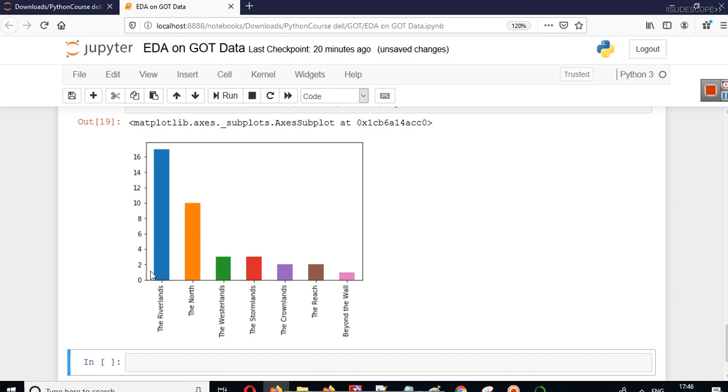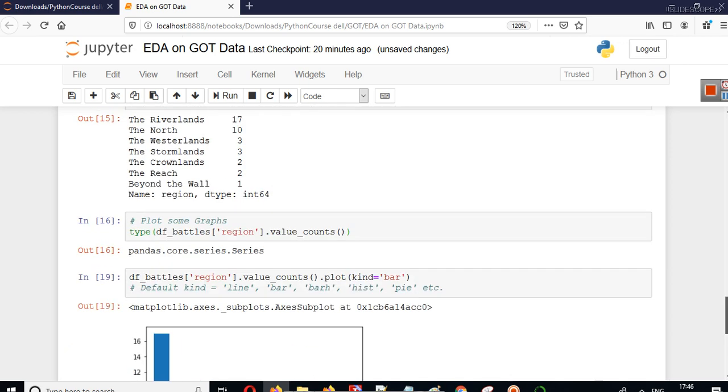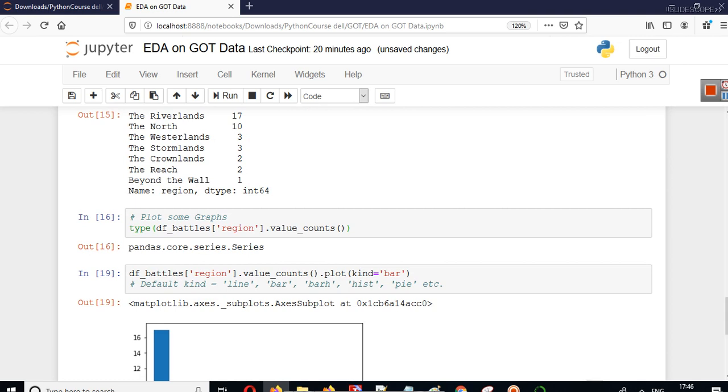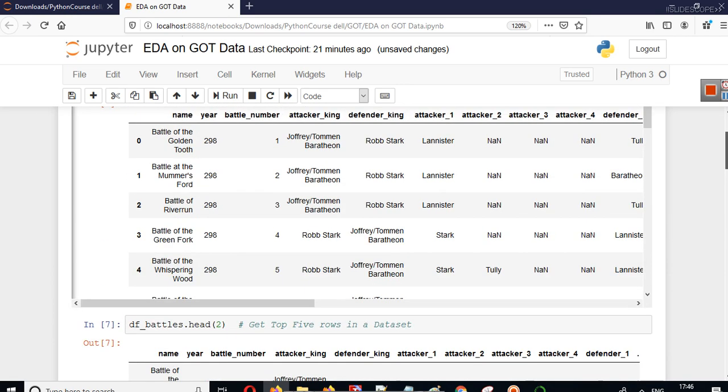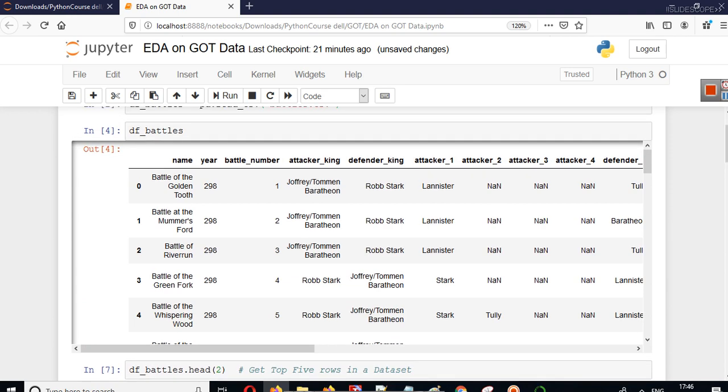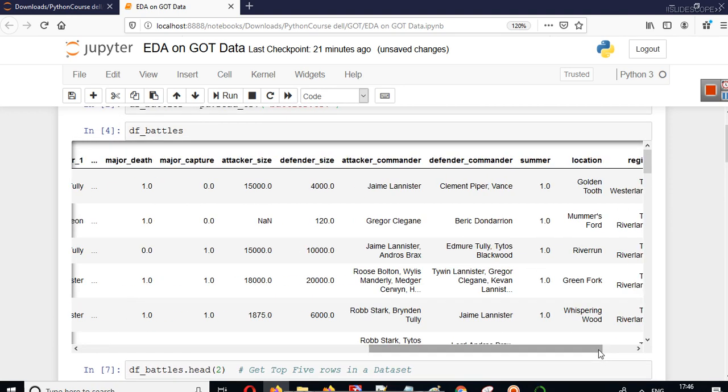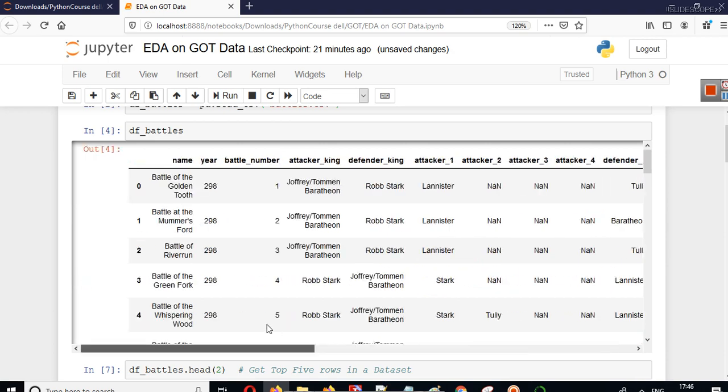On the y-axis you can see we have the data, and the height of these bars represents how many battles were fought in these regions. Again, this is just for educational purposes. I am just telling you the use of various methods on a data set that you know, a data set that you have interest in.